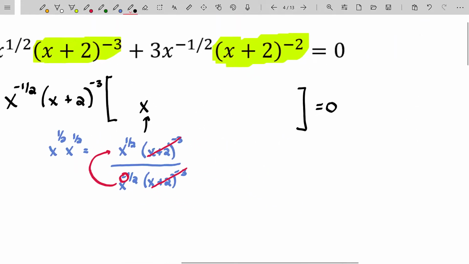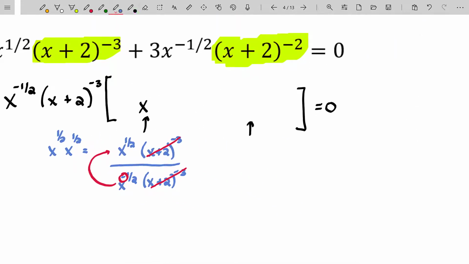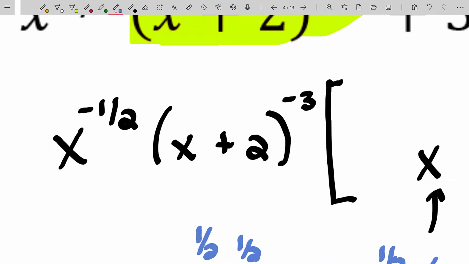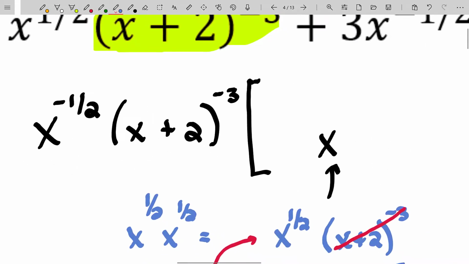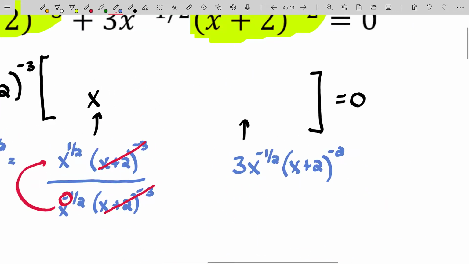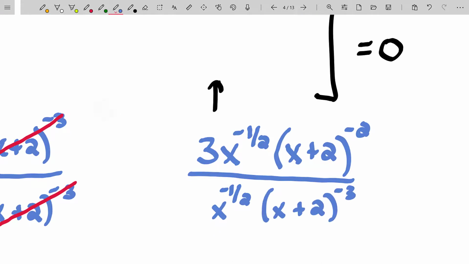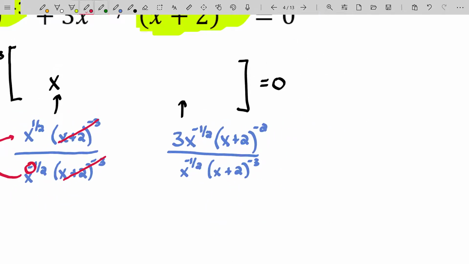Now let's go ahead and take a look at the second term. It originally was this 3x^(-1/2) times the quantity (x + 2)^(-2). But remember, we're factoring off this factor of x^(-1/2) times (x + 2)^(-3). So we factor that off, calling it division. And you can easily see, again, just like it did earlier, the x^(-1/2) will cancel there. You'll be left with